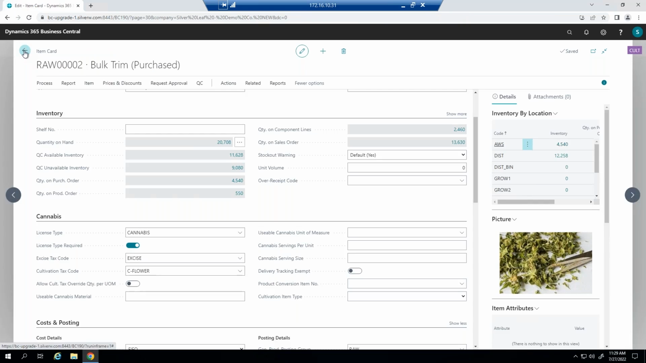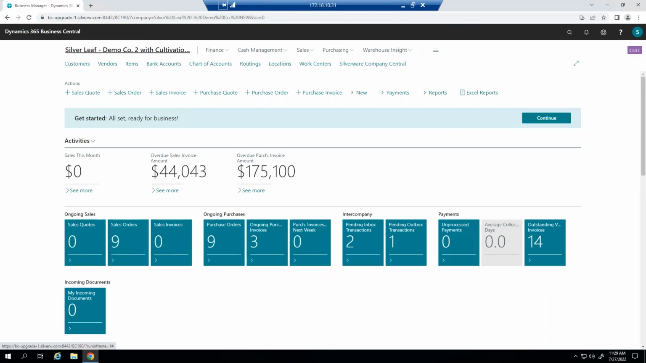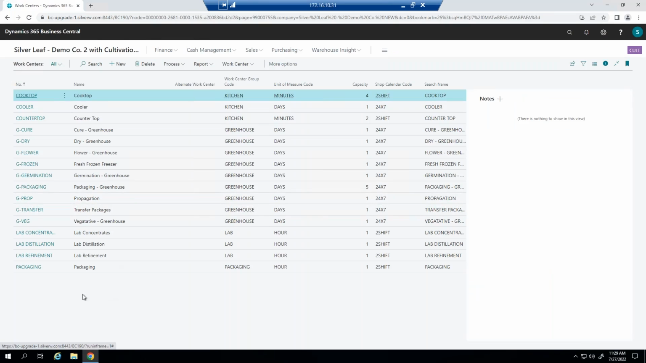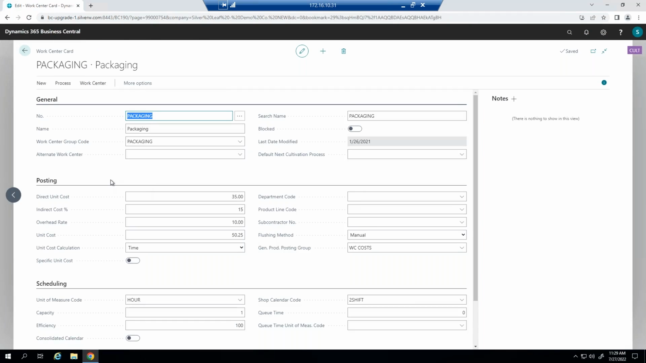So this was on the item. Let's go ahead and look at a work center as well. So I'm going to go ahead and open up my packaging work center. When you set up a work center, you can identify